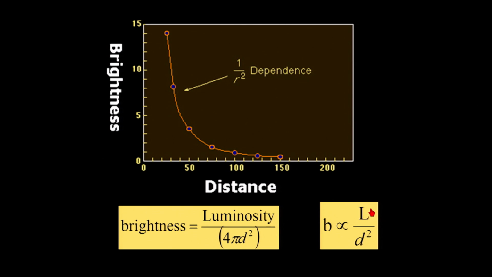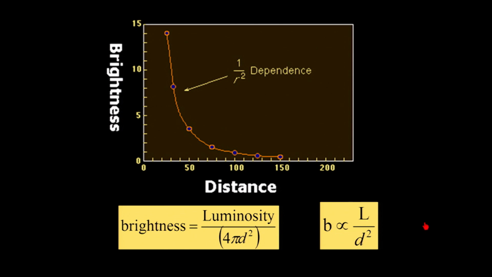So L always is the same, but notice as the D changes, it is a d² relationship. So if you are twice as far away, 2 squared is 4, the brightness would be 1/4. So it would look 4 times fainter. If you are 3 times as far away, 3 squared would be 9, or it would be 1/9 the brightness